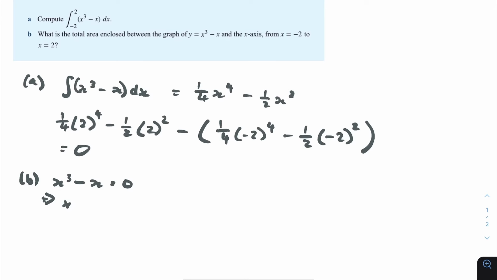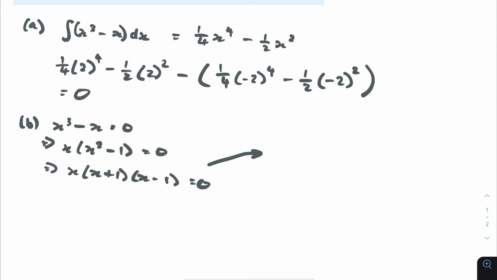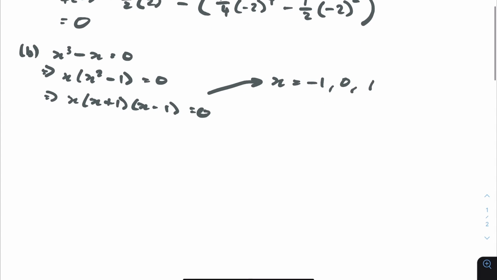And then we can factor x out to get x squared minus 1. X squared minus 1 is the difference of two squares, which gives us x plus 1, x minus 1 is equal to 0. So the three solutions of x are, let me put them in order, -1, 0, 1. So if we were to draw it out, it would look probably something like,